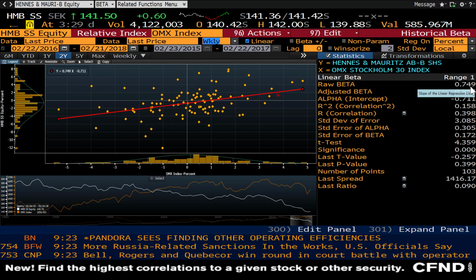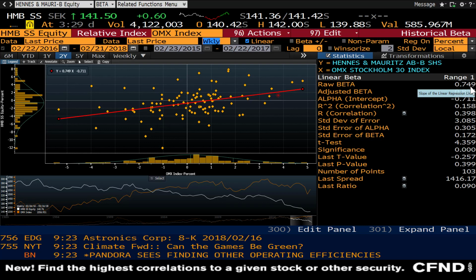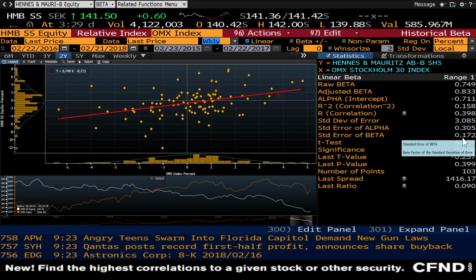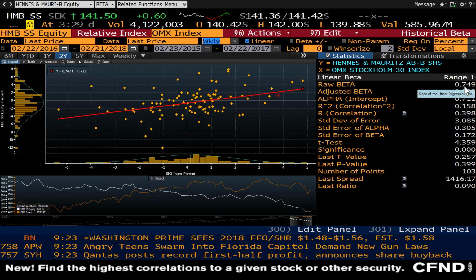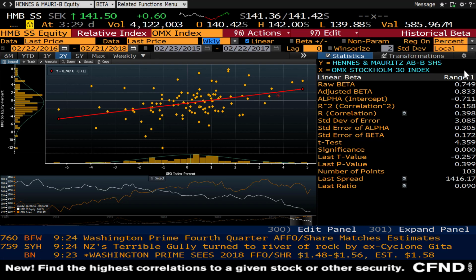Now, what's important to remember, and I'll cover this in the lecture, is that the Bloomberg beta is a point estimate. So basically that's your best guess. But that best guess always needs to be considered in relation to the standard error, and the standard error is 0.172. So if you go back to your statistics class, you might have been exposed to the concept of confidence intervals. So even though 0.749 or about 0.75 is your best guess, if you want to estimate a 95% confidence interval, so if I kind of simplified it, that you're 95% sure it is between this range, then